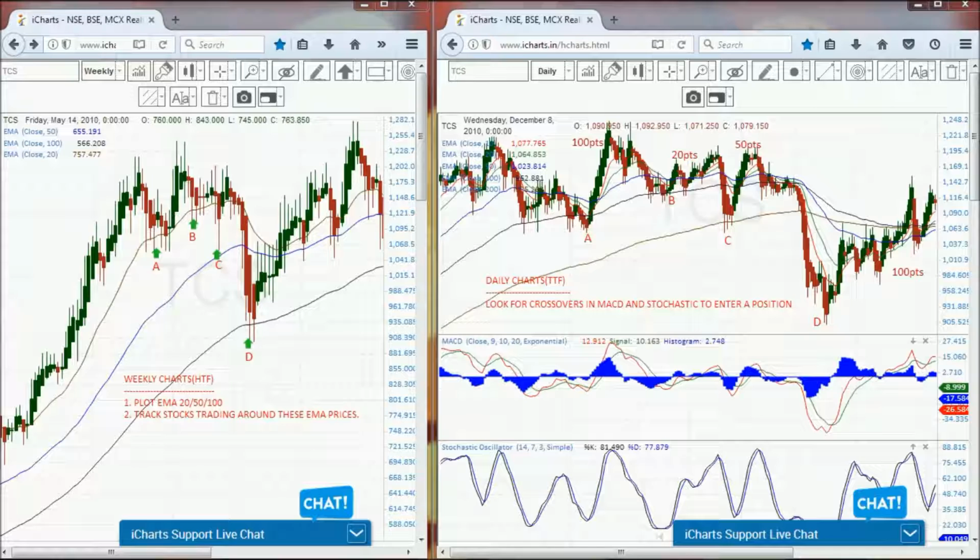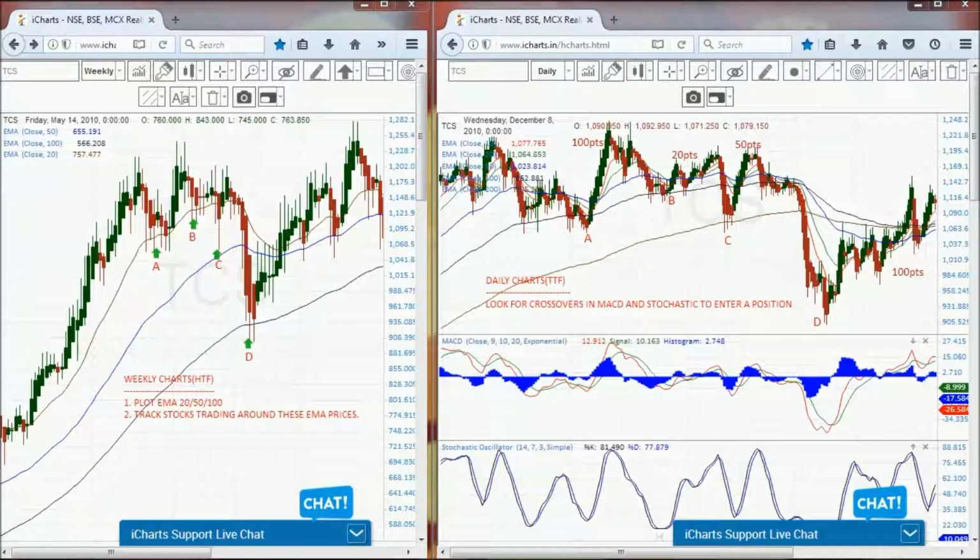EMAs. Now the strategy is to buy or sell a stock or a commodity when it is valued beyond its current average price. So for example, if in a chart the 50 and 100 EMA is pointing up and the prices are trading near about the 50 or 100 EMA in the higher time frame, so I will definitely look for a signal in the trading time frame or the lower time frame which gives me a buy signal for